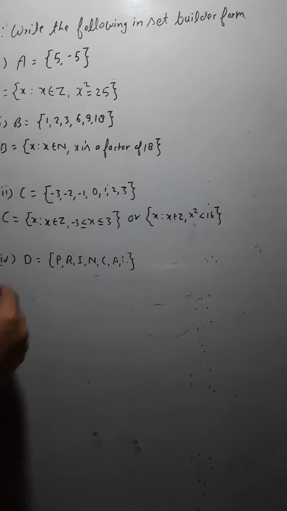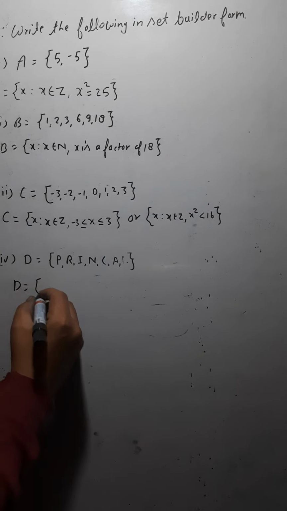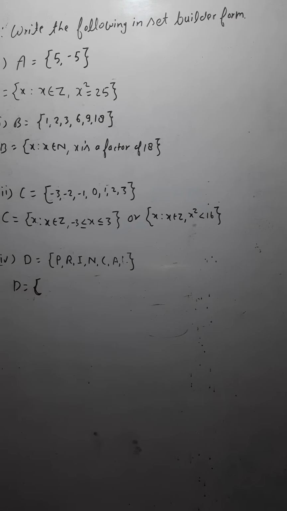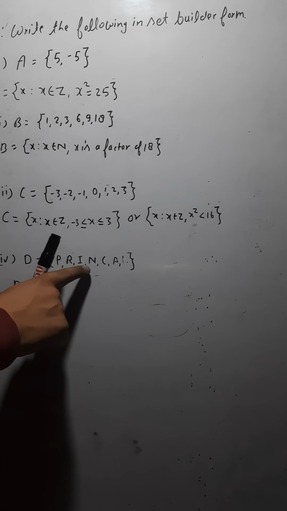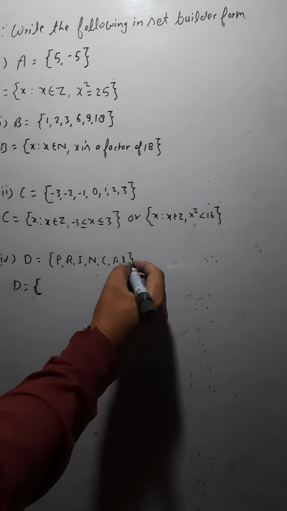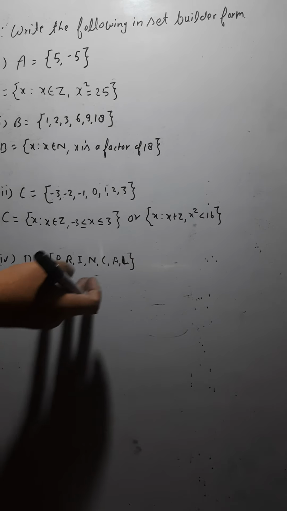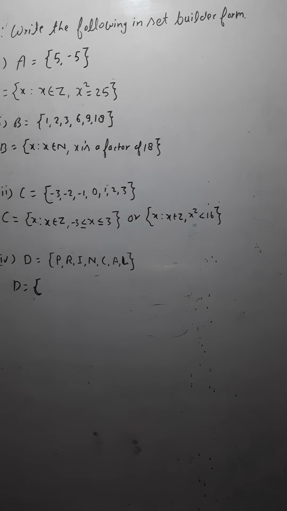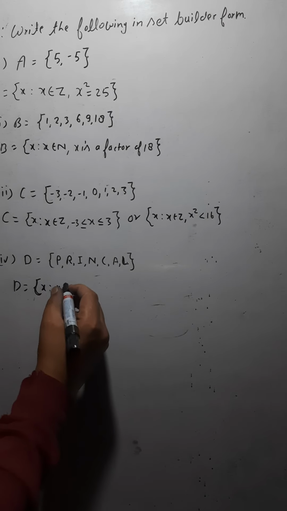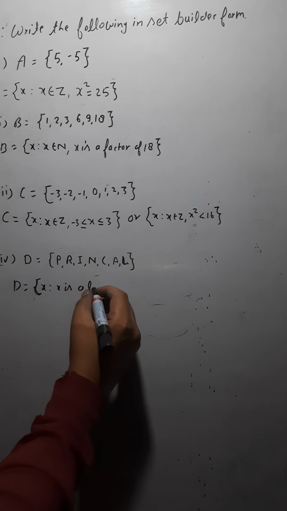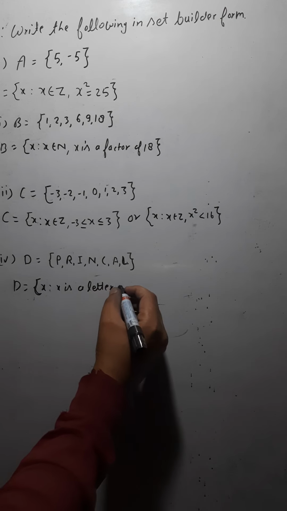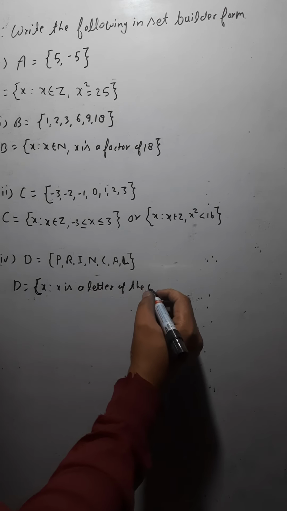Now you have the next question, that is the set D, and the set D contains the following elements: P, R, I, N, C, A, L. Okay, this is somewhat like the word principal. Yes or not? So you can write, you have the set D where you have the element x such that x is a letter of the word principal,